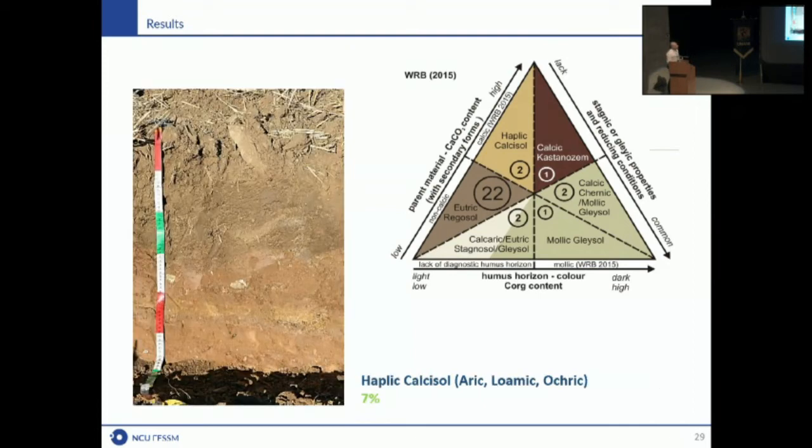Another one, maybe not so common, but we found two examples in this area. In the past, I found more of them in Poland. There are soils which have more than 15% of calcium carbonate, with a lot of secondary carbonates in the second horizon. So they have to be classified as Calcisols. So please remember that also in Poland, and I know that it's the same situation in Lithuania, in Germany, in the Czech Republic, and other countries in our region, we can find Calcisols.